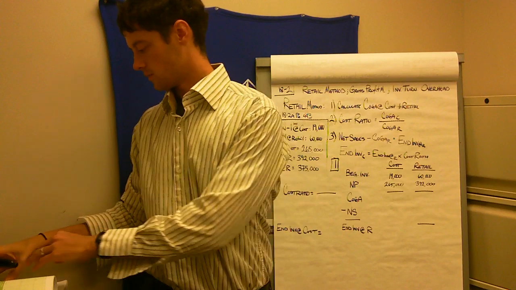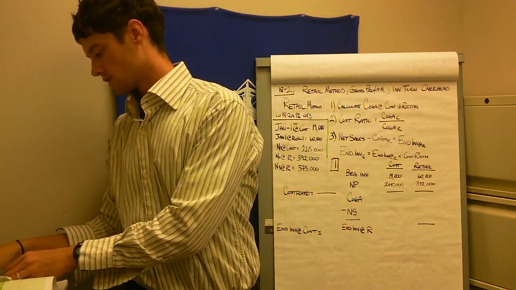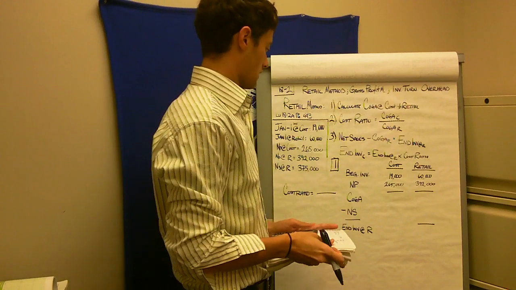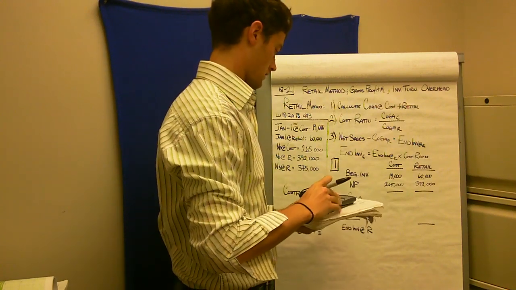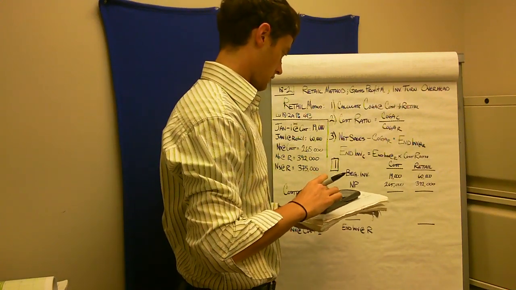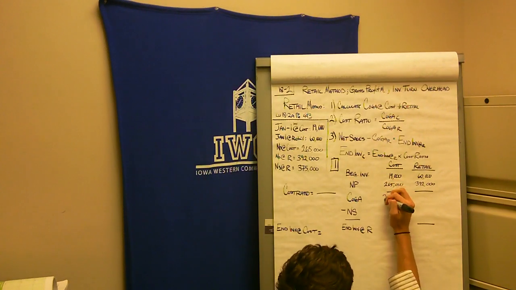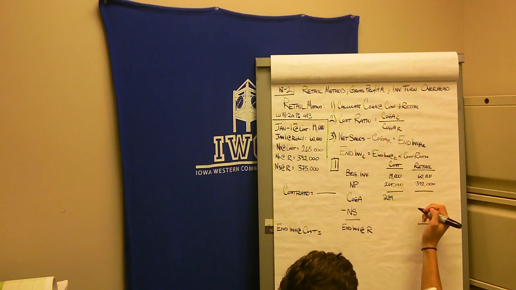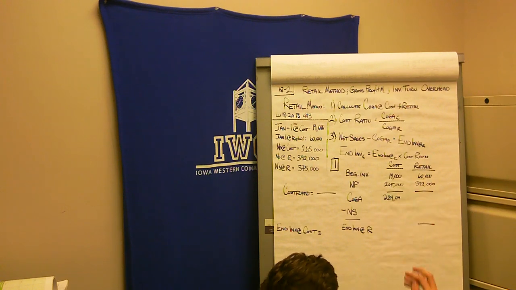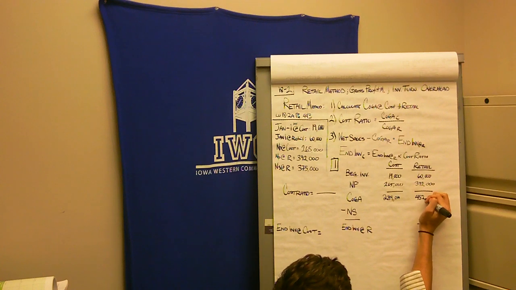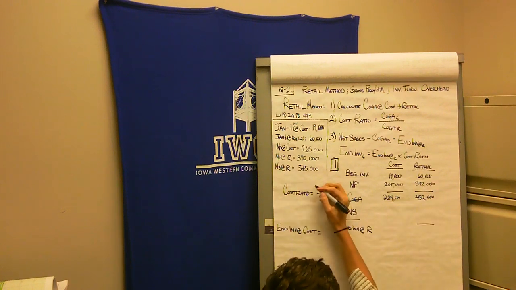So let me do the math real quick. 19 plus 265 is 284, whereas this one is going to be 452. So my cost ratio is